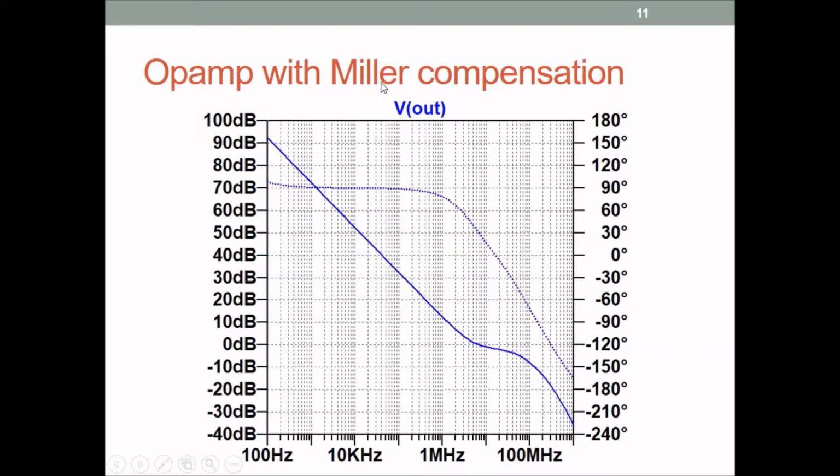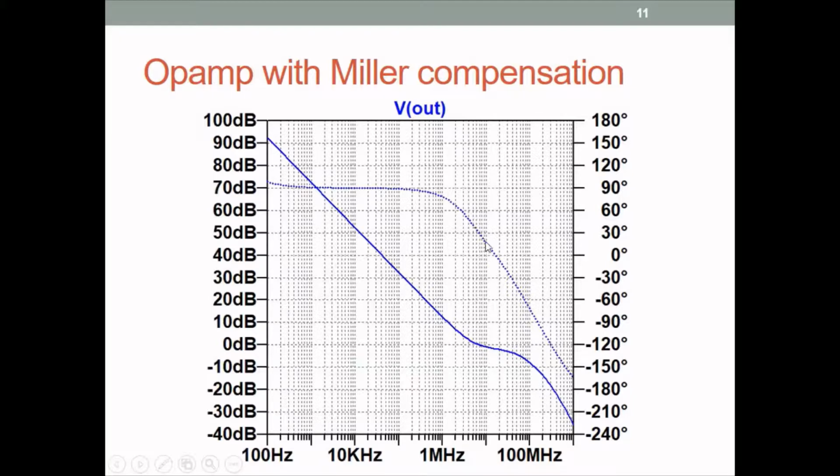Now if we connect a Miller capacitor across it, some reasonable value of Miller capacitor, then you can see that the dominant pole has moved below 100 Hertz. I have not shown it here because I wanted to show this clearly. Near the unity gain frequency, which is here, there is a zero. This flattening of the Bode plot clearly represents a zero. This was a dominant pole bringing down the Bode plot at 20 dB per decade. Then a zero occurs and the gain flattens out. And this is a right half plane zero caused by CC.